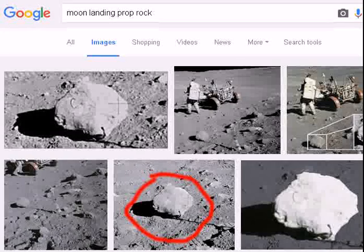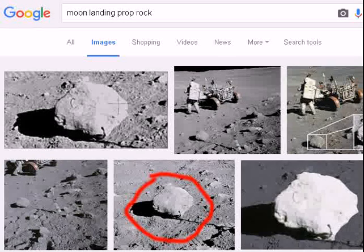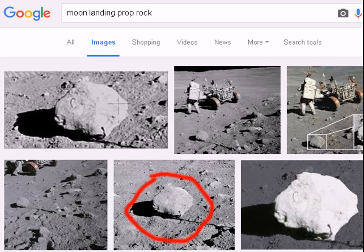Now check out this interesting fact. Just go to Google, type in moon landing prop rock, and you'll clearly see the letter C. Here's another blunder from NASA. Prop rock. It is